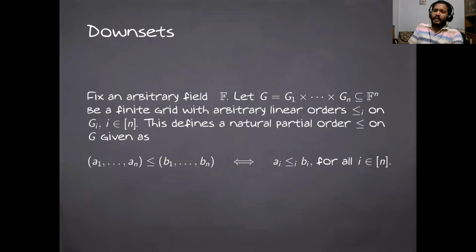But now here's the thing. We have, using this partial order, transformed this grid into a poset. And we would like to talk about downsets inside this poset. So downsets are essentially subsets which are closed under taking elements below any given element. There is another word called order ideal for downsets. So given any element in this set, everything below that element should also be in the set. Such subsets are called downsets. So how do we make use of them?